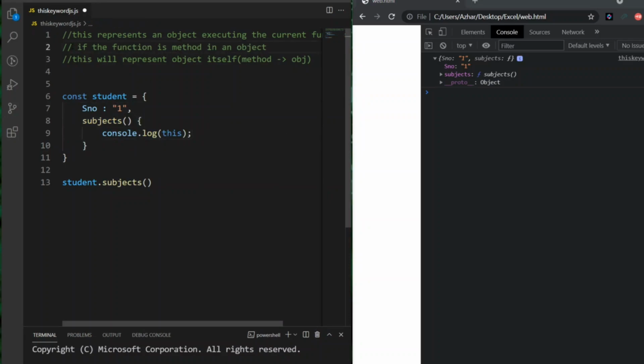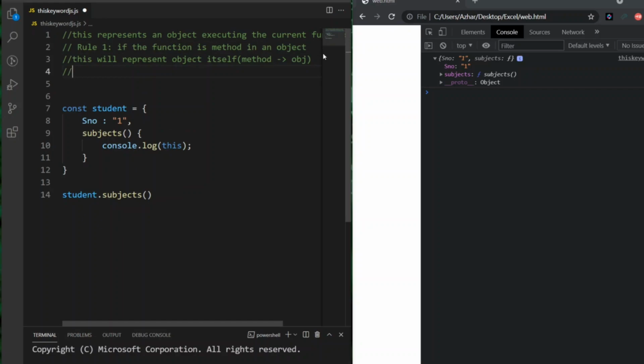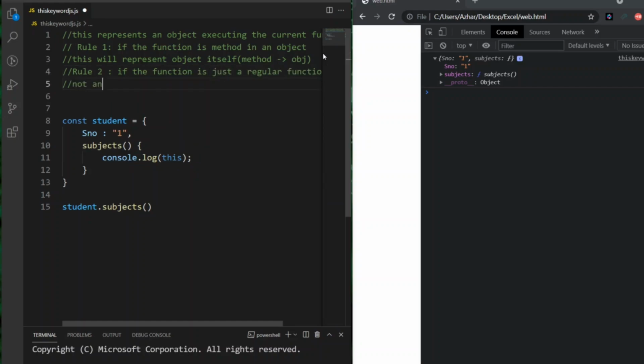So let me write rule number one. These are not pinpointed rules, but a few things which will help us understand the this keyword. Let us see the second rule. Rule 2: if the function is a regular function and it is not part of an object, this will give the window object in browsers. So let me write, if the function is just a regular function and also not part of an object,